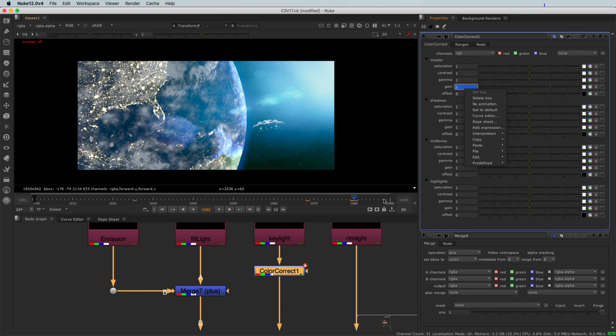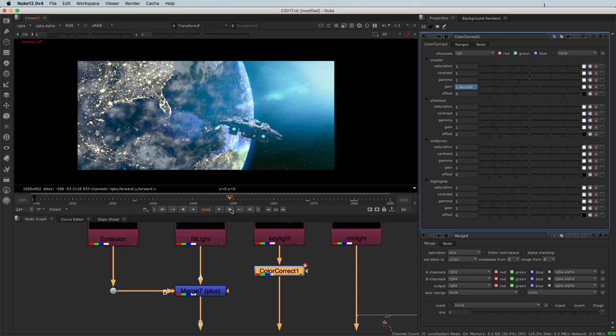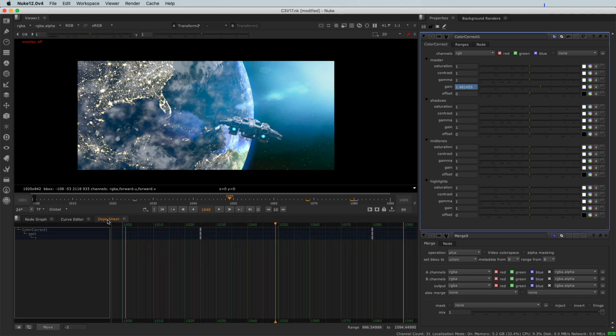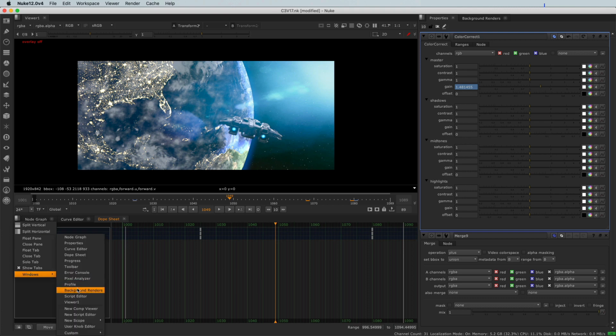Oh well, it's a bit of work, right? Like right now there's only 2 keyframes, so it's fine, but if you had more, it would be a little bit of a headache. Well, for that, we have the dope sheet. I will click here to go into the dope sheet, and if you don't have it, it's the same as the curve editor. You will be able to find it by clicking here, go into Windows, and here you will